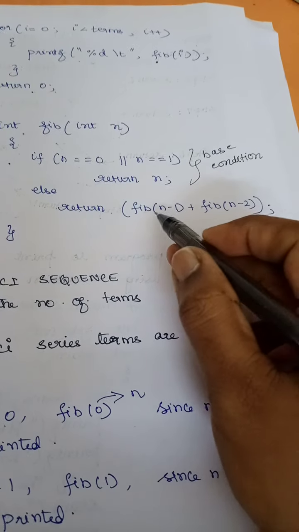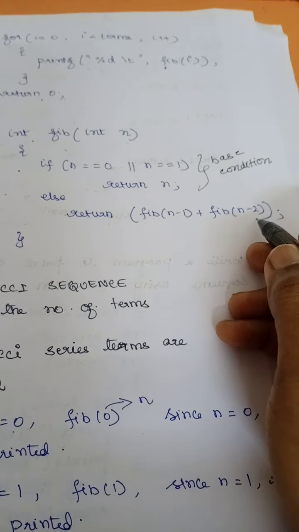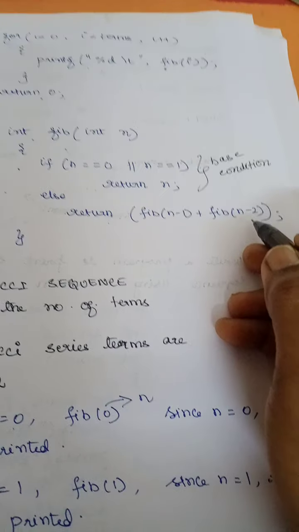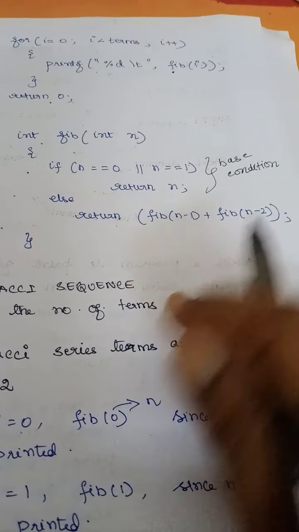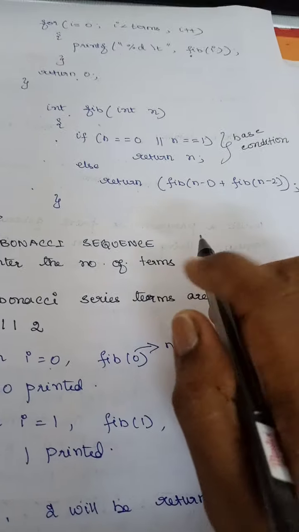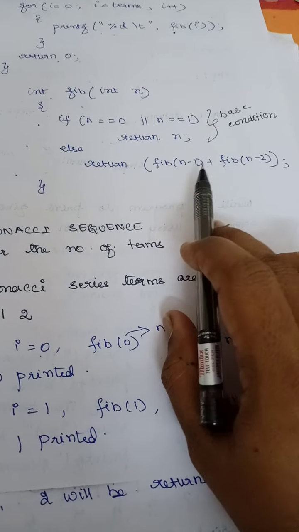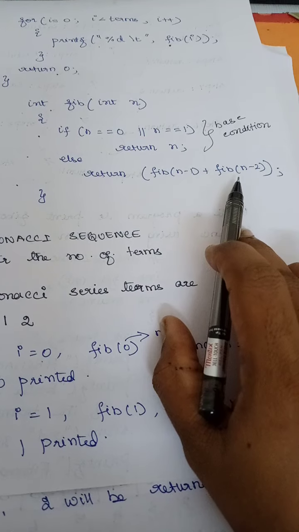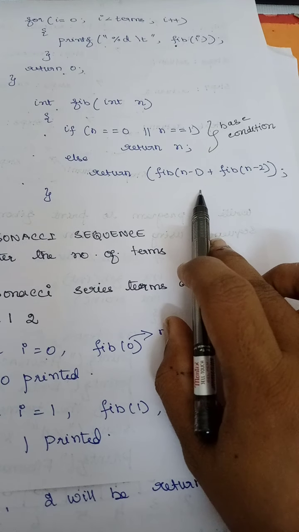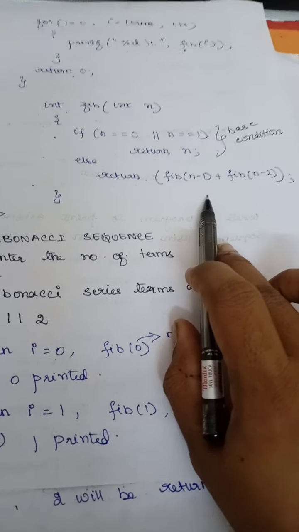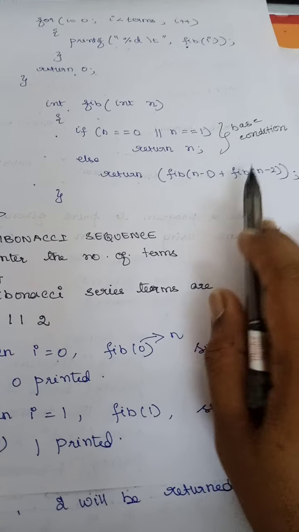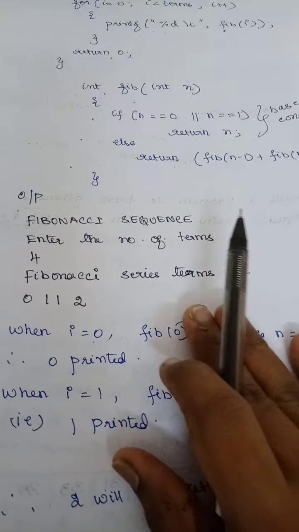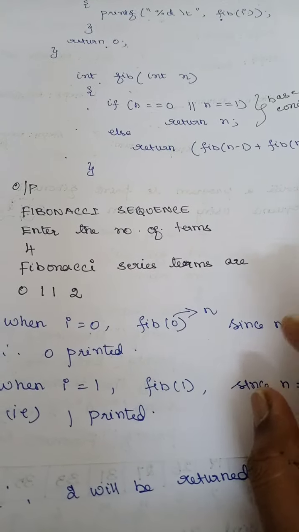And this is going to be my actual recursion method, right? So now here we already know if you want to find the nth term, you have to add your n minus 1 and n minus 2 terms to get your nth term, right? So that is what we have done here. Now let us take an example and we'll see how this works.